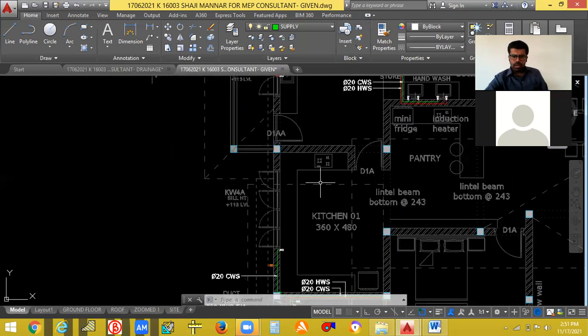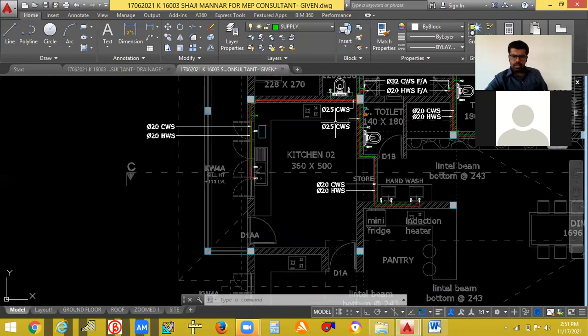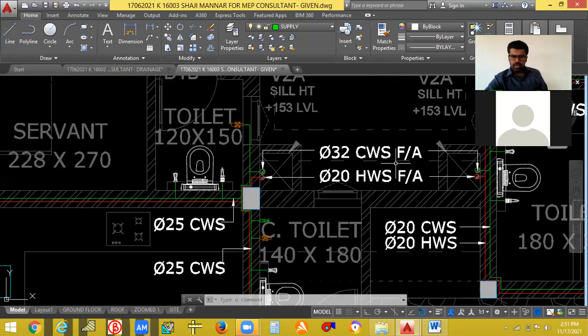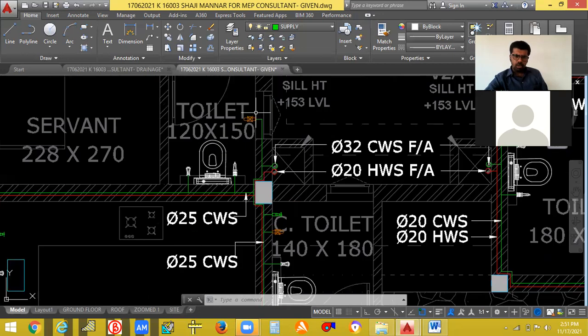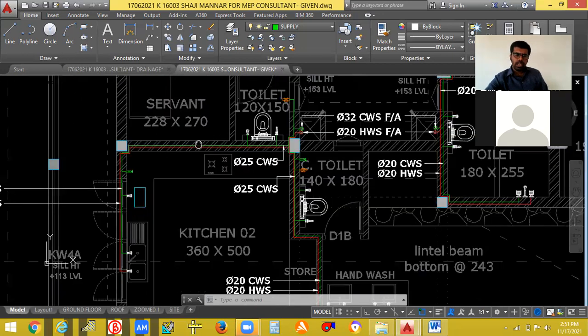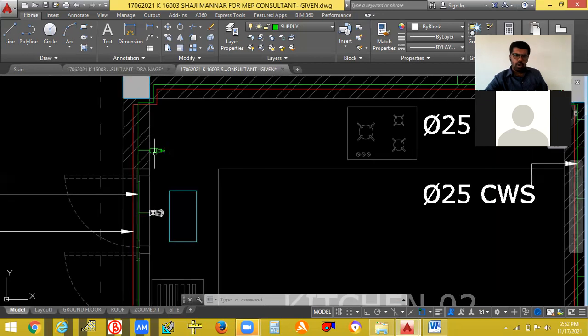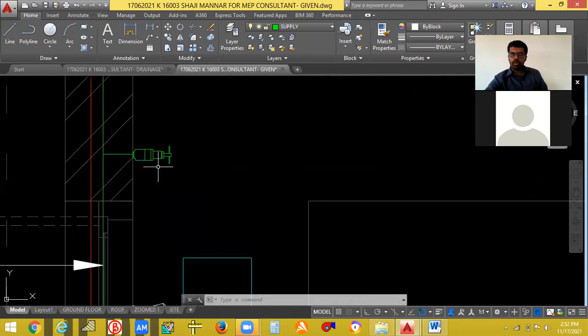This is kitchen 1. Now kitchen 2 is there, and there are 2 ducts here. One duct will be entering here, and you can give a pipe connection here, and water to the water closet and health faucet. Wherever there are fixtures, you can give there. Okay. So this is a stop valve. We will call this concealed stop cock.